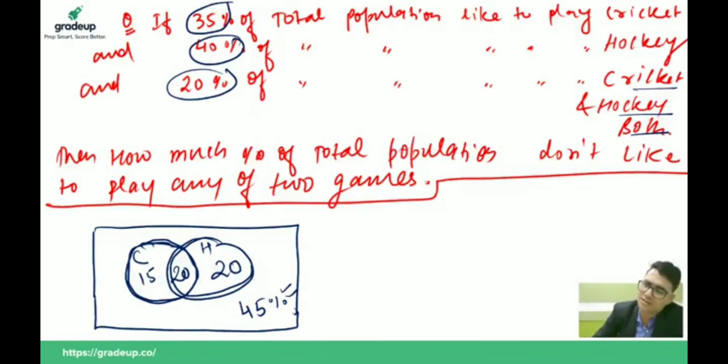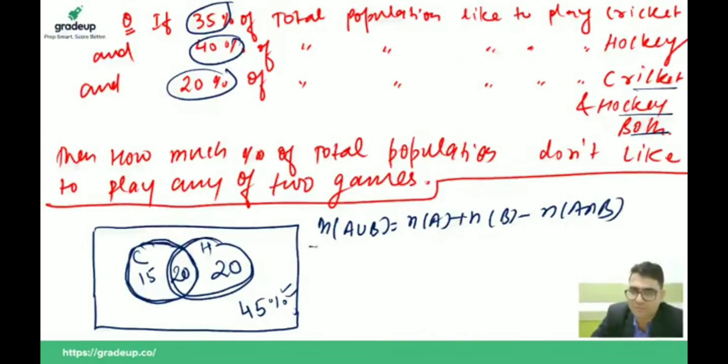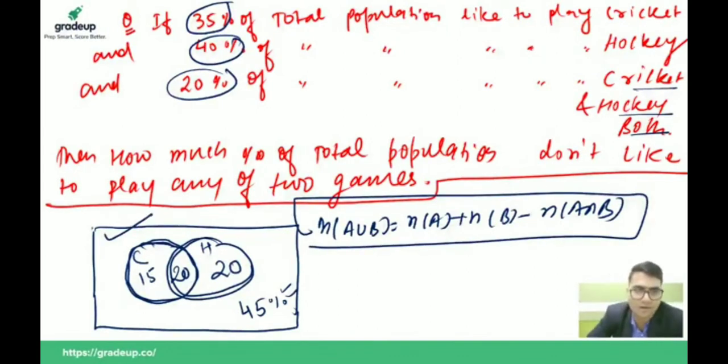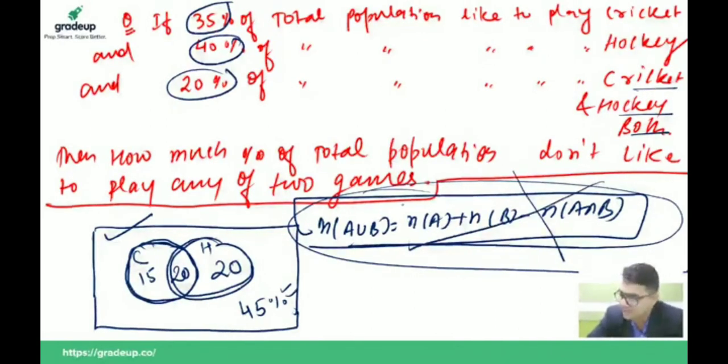Sai Srinivas, there is no need. Yes, we can do it by union and intersection also, but we don't need it. You can do it this way too. A union B is equal to number of A plus number of B minus number of A intersection B. But guys, please try to solve this question by the Venn diagram method. Don't do it like this. This is set theory, and set theory is not in your syllabus. Okay. Yes, always do it by the Venn diagram method. So guys,